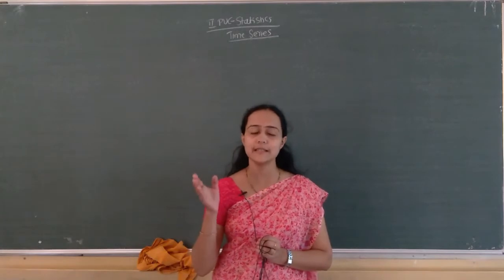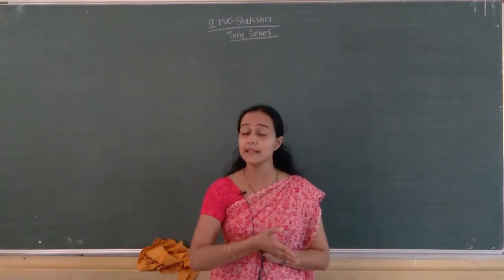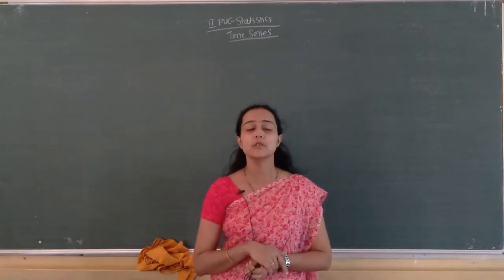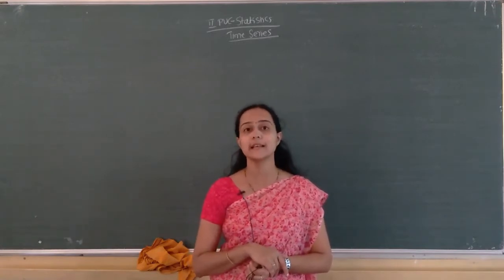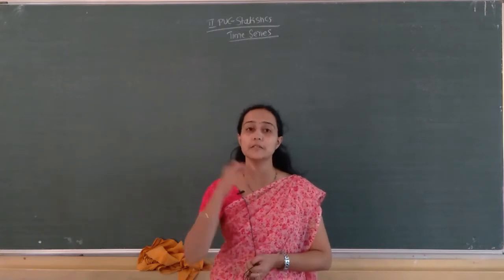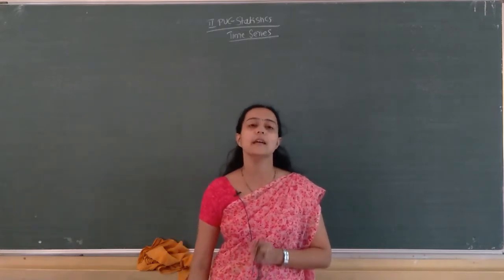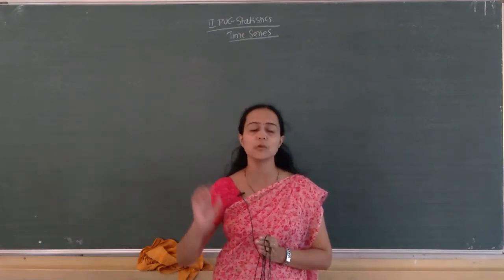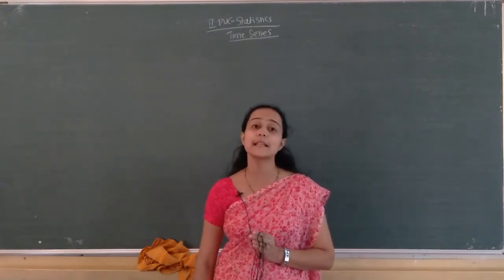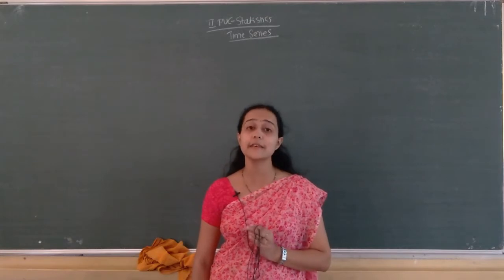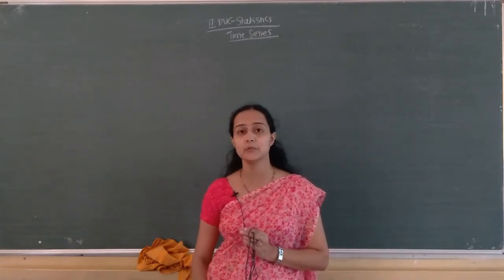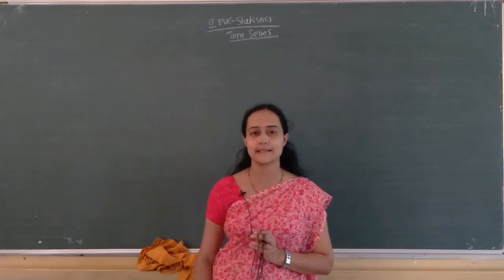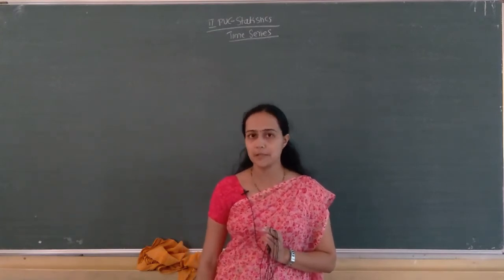Here the trend values really coincide with the actual time periods, that is, in the middlemost. So while computing 3 yearly moving totals, there won't be trend values for the first one and last one. If we are finding 5 yearly, there won't be trend values for the first 2 and last 2. Similarly, for 7 yearly moving averages there won't be trend values for the first 3 and last 3. So, we did the problems also.